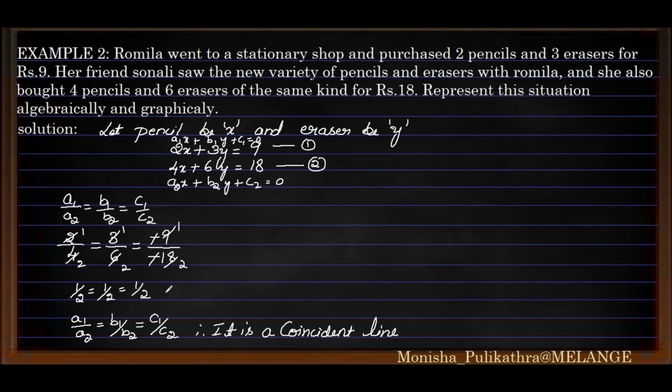So what happens is, if the ratio shows a coincident line or a parallel line, then there is no need to solve the equation, because we don't get any point of intersection here. Only in the case of intersecting lines do we need to solve the equations, so that we get that particular point of intersection. So in this case we can directly go into the calculation of the points.